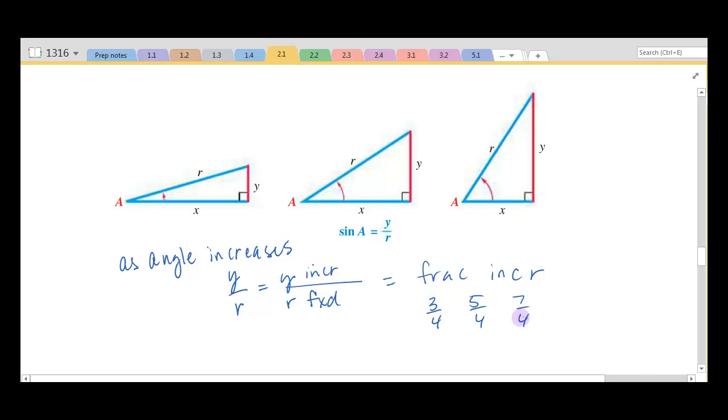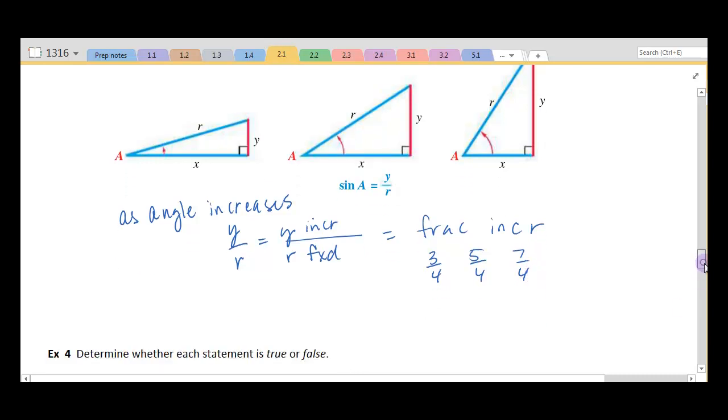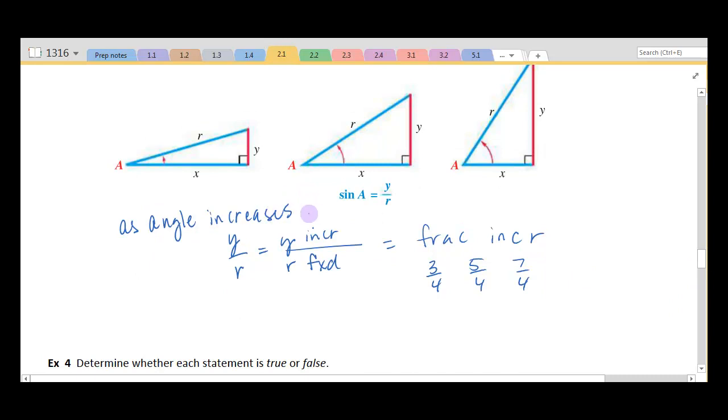The denominator in each of these cases is staying the same. The numerator in each of these cases is getting larger, and that causes my value here to increase. So we can summarize that by saying, as my angle increases, then the trig function